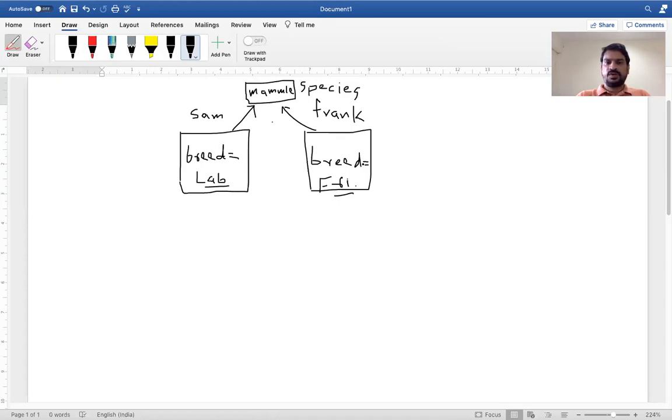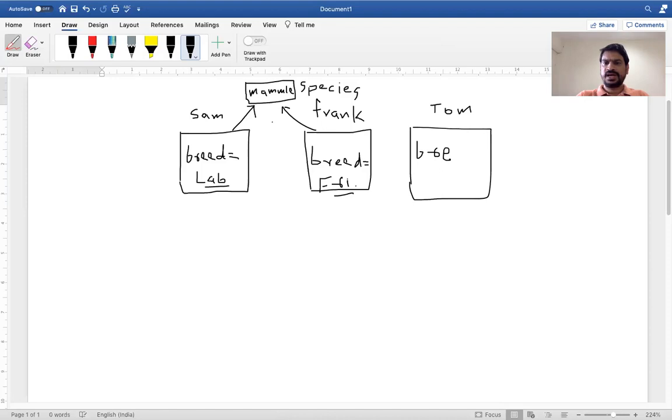For an attribute that is not a class attribute, we make a separate copy whenever we create objects. Let's say we have another dog called Tom, and we create another attribute, so here we also have breed.